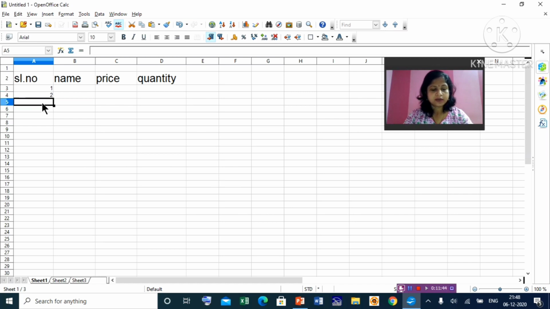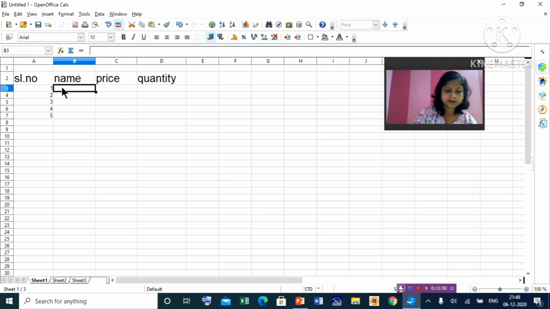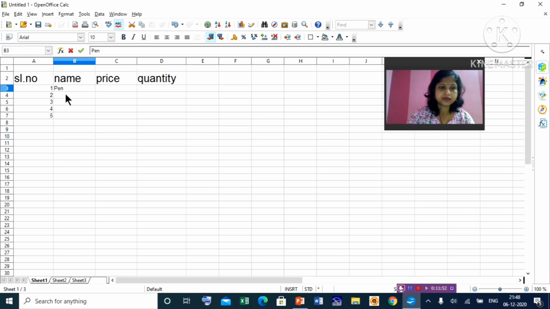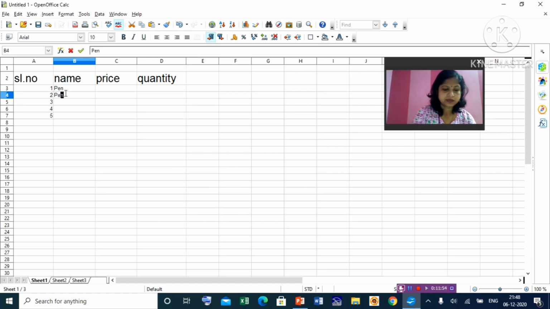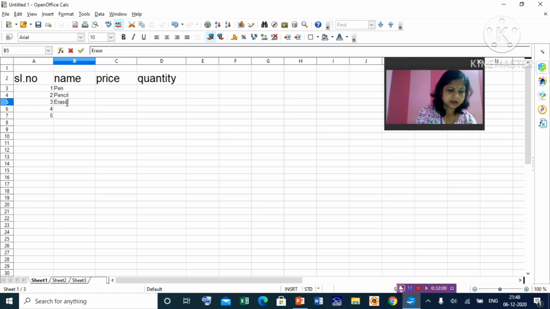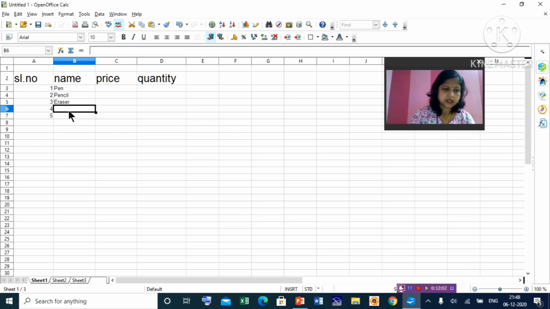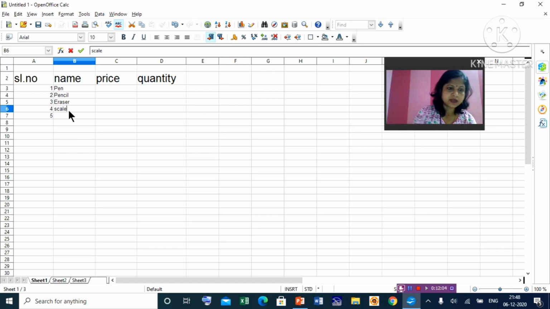Suppose here like this. 5 items I purchased. Suppose some stationery items we have purchased today.